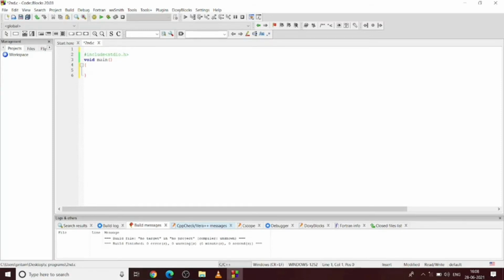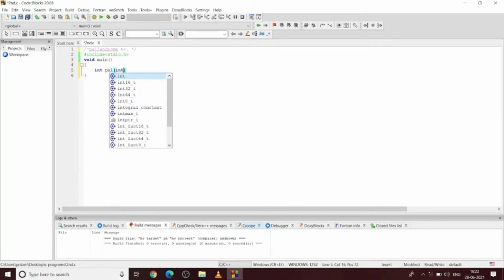I'm going to write the comment up above. Whatever you write in the comments is not compiled by the compiler. I'm going to write the function name as pal, short for palindrome.